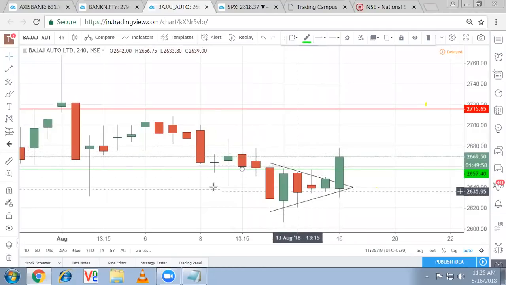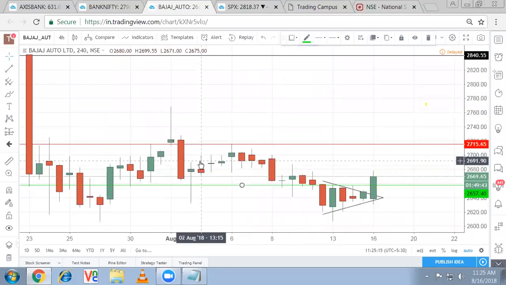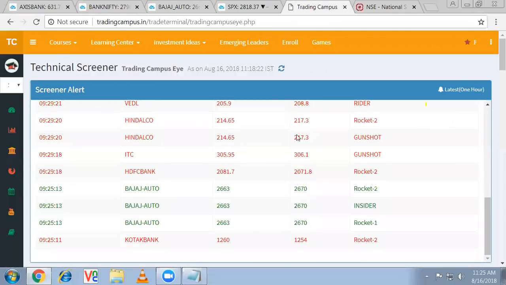And when you have this setup in place, the stock has corrected and it cannot go further down. The most important point, currency is up and they have most of the revenues coming from export. So obviously they are kind of an exporter like IT and pharma, not Hero Moto but Bajaj Auto, right? So these kind of important pointers should be understood, and this is how you should go out and use the